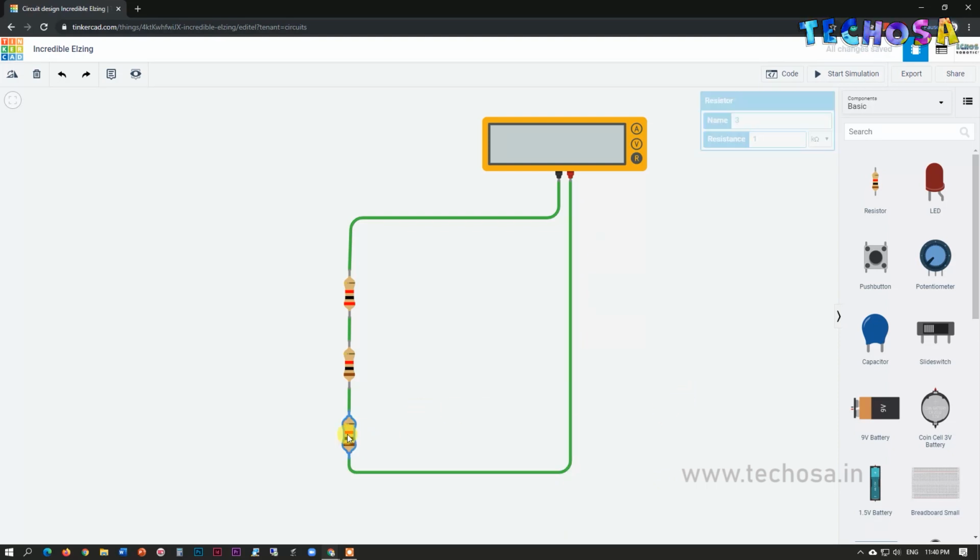We can change the resistance value from 1 to 5. So now we can check the total resistance. Click on start simulation. Yes, so the total resistance value is 8 kilo ohm. So you can see that when we connected resistors in series, the resistance value increases.